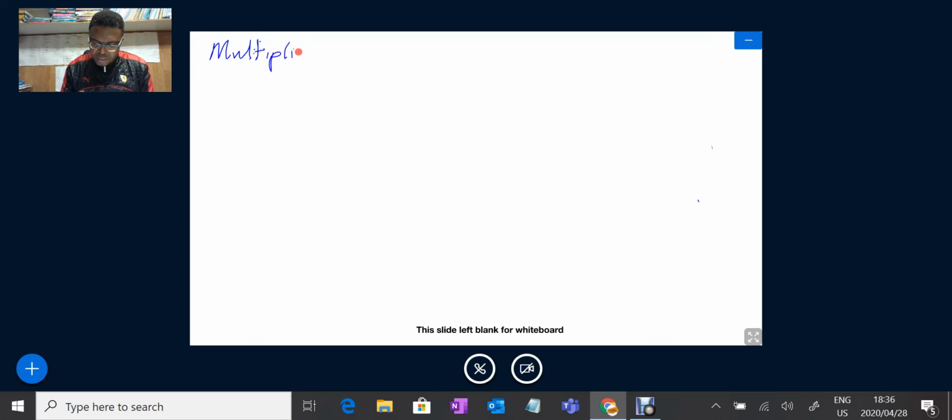Multiplication and division. So I'm not going to write off fractions, because everybody listening knows that we're talking about fractions. We need to simplify this. So we have 12 over x multiplied by